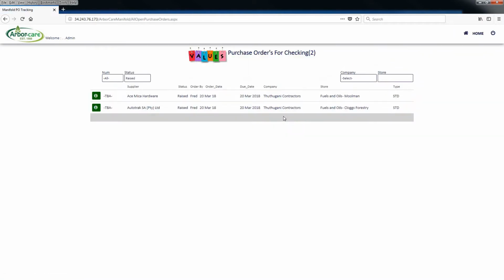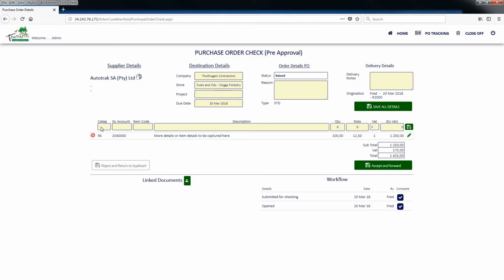And we see that the purchase order is sitting awaiting checking. The checking administrator will basically look at the purchase order, will verify that all the information is correct: the GL account, the category, the details, the price, everything that they need. And they will then either return it to the applicant if it's been rejected, or they will accept and forward